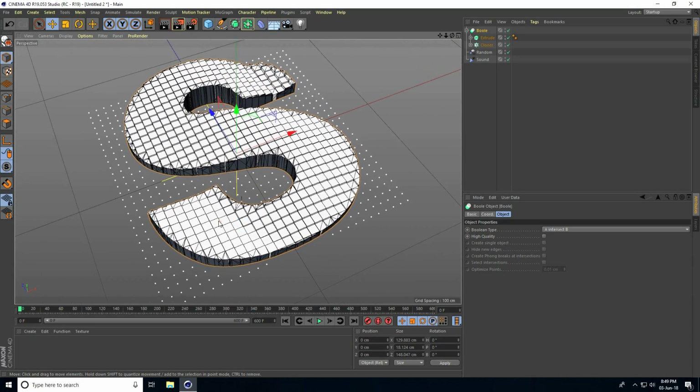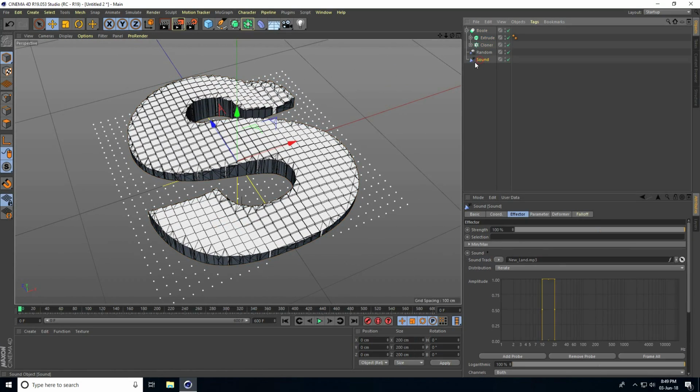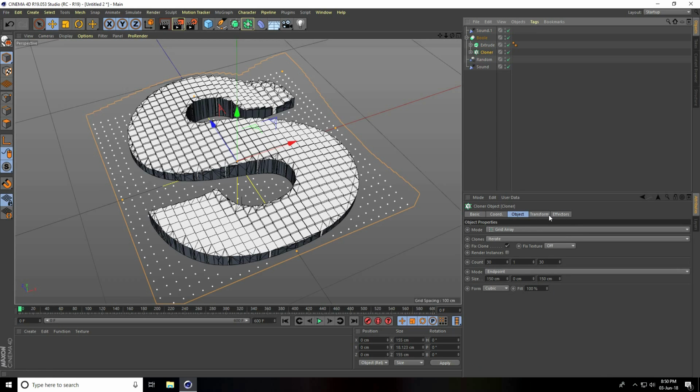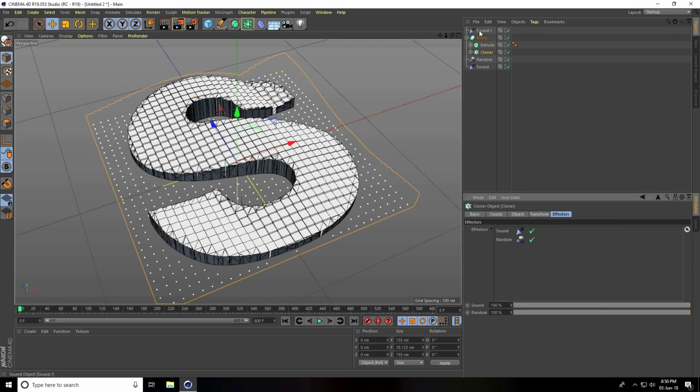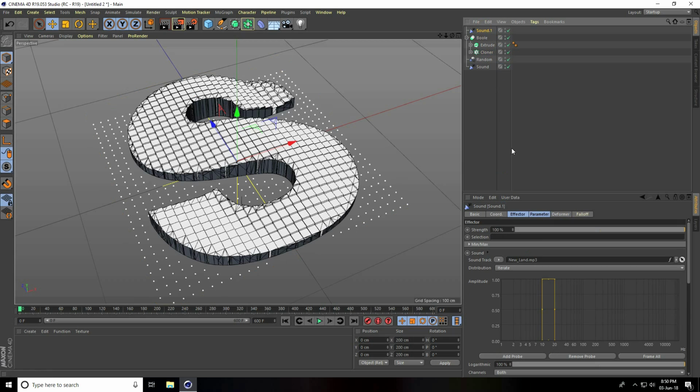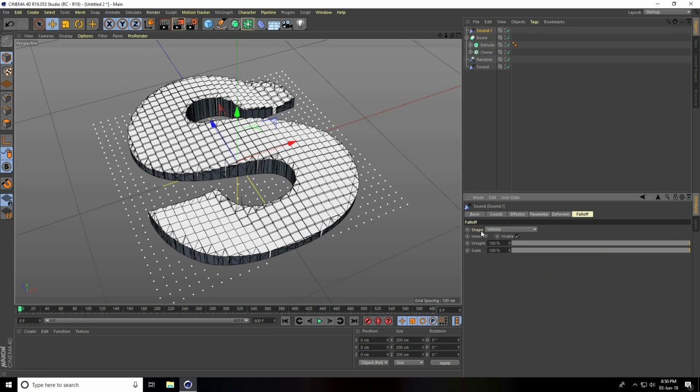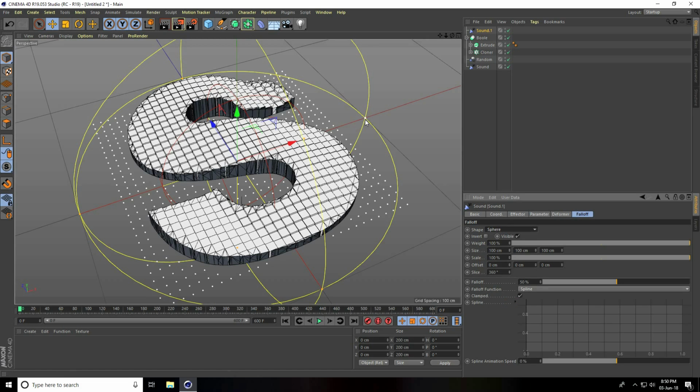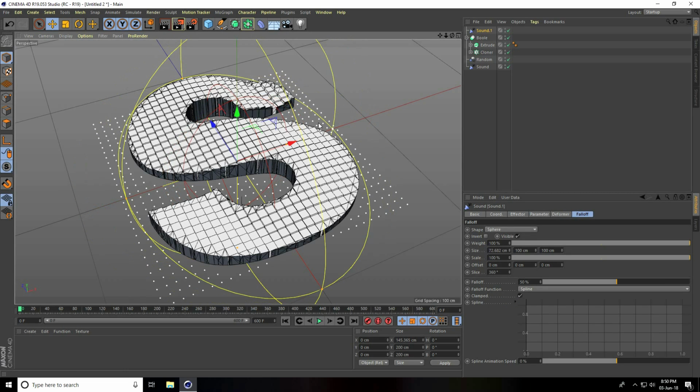And now guys, again select this sound effector and copy. The shortcut command is press Ctrl C and V. I go to the cloner, go to Effector, select Sound 1, drag and drop in the effector. So go to Sound 1, Falloff, Shape, I use pair, and decrease size.